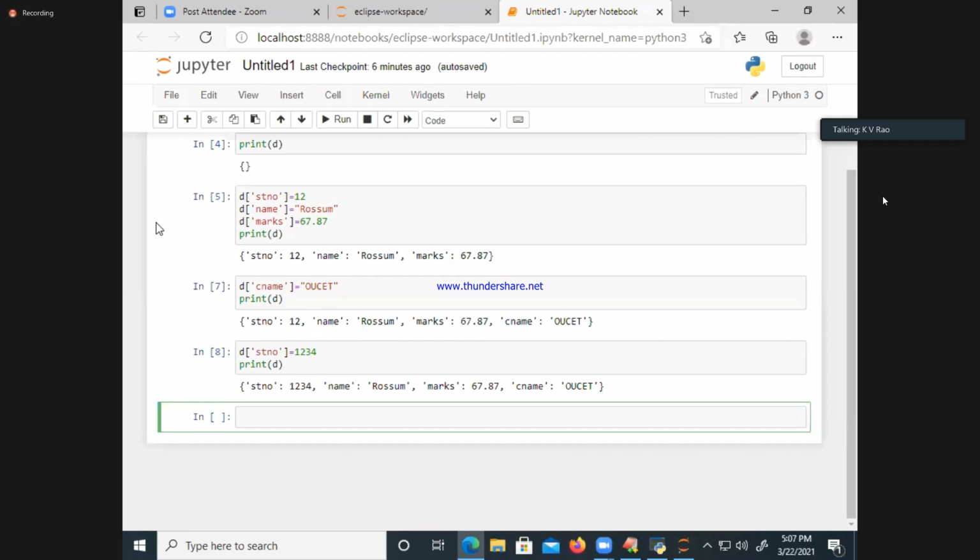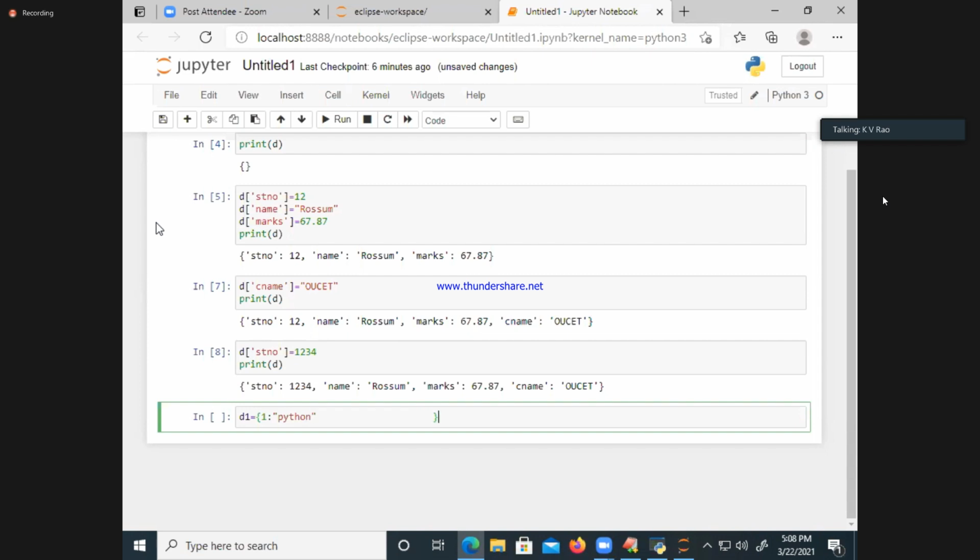Next I will create a non-empty dict with numerical keys. D1 is equal to, the flower bracket started. 1 colon Python.